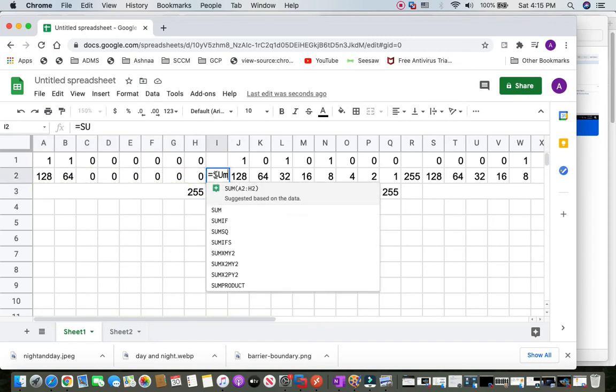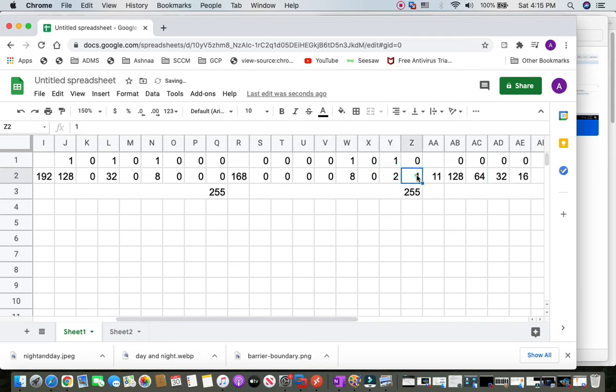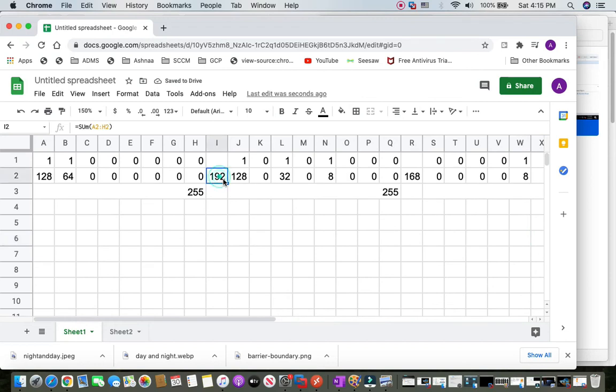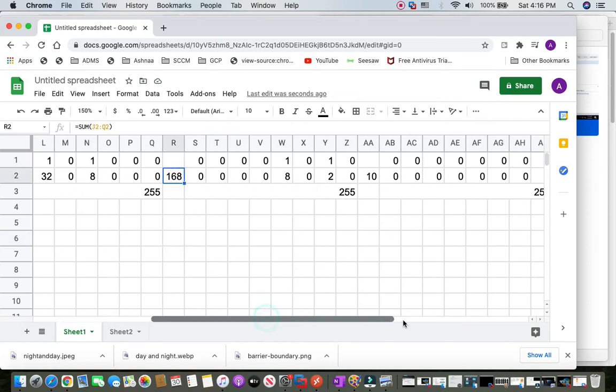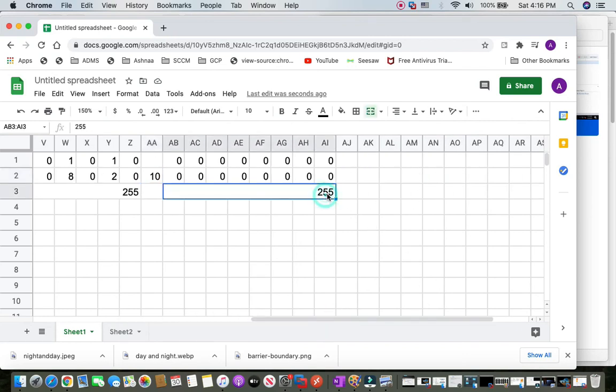So we will again do a sum. We get 192. Here we will leave this as turned on, and we will turn this off. We get 168. We get 10, and then this is the address schema base. This becomes the address scheme basically. It's 192.168.10.0 on a subnet which is 255.255.255.0,